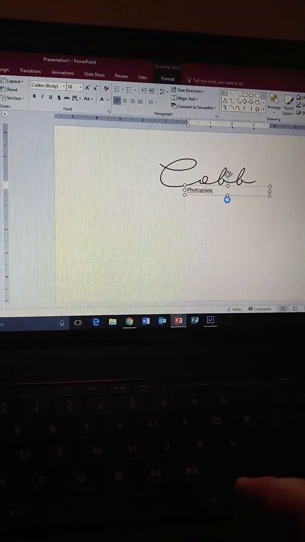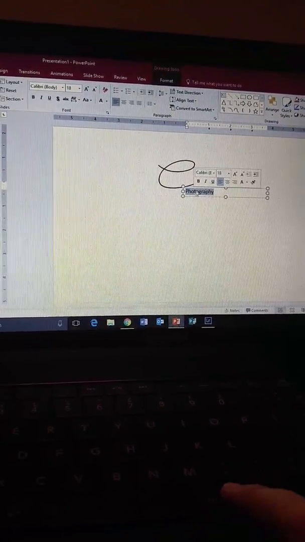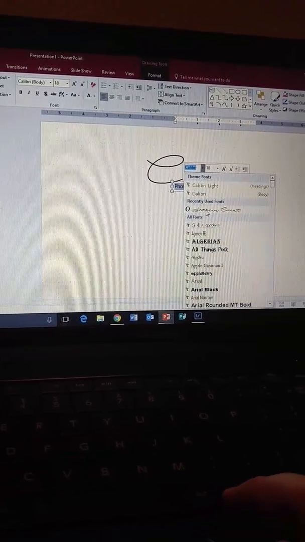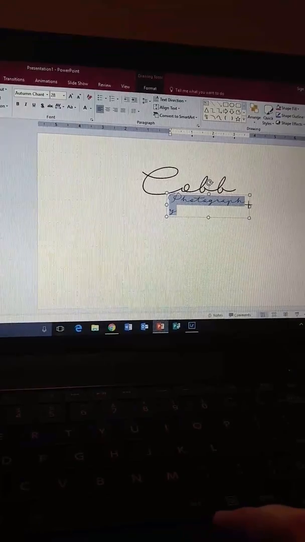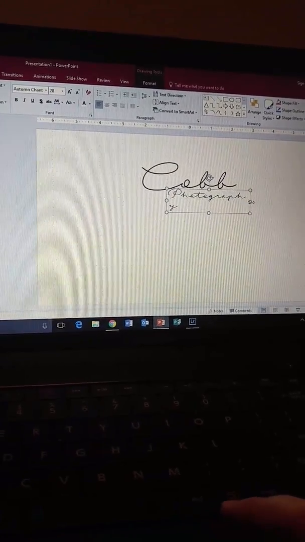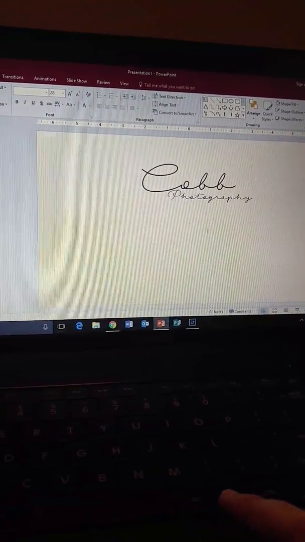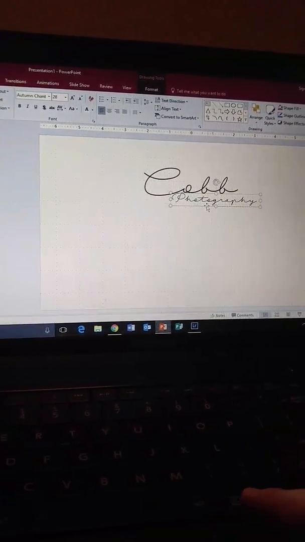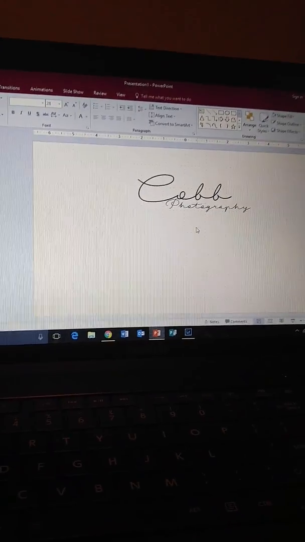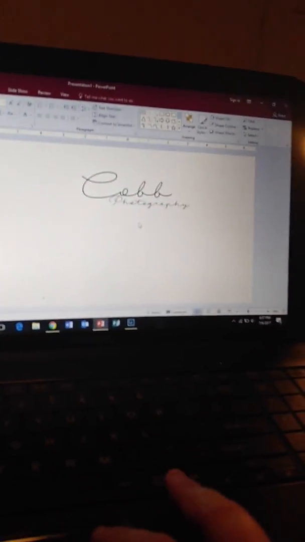Okay, so photography. There we go. So I'm going to select that, and I'll just choose the same font. And I just won't make it quite as big. If you're pretty familiar with Word and PowerPoint, you can play around with it and figure out what you like. You can also do